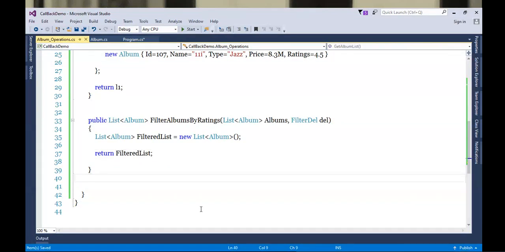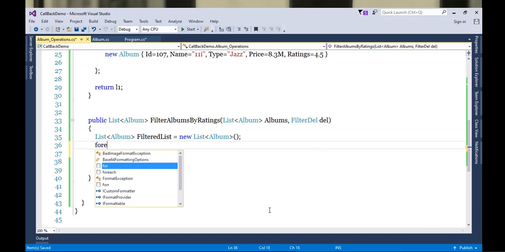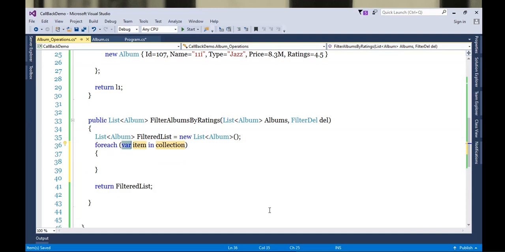Whatever logic we write will come in between. Okay. So I got the filtered list. I got albums here. So let's fetch each album one by one. So what I will do, foreach album atom in albums. What is the collection? I got a list here, albums.